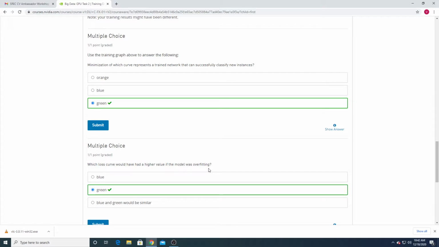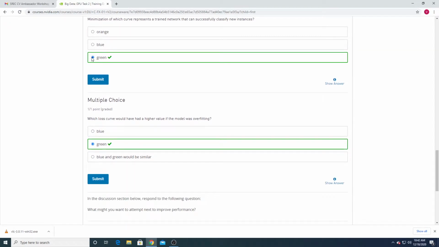I was overfitted for character A. In the testing, if I get a character Z, X, Y, I will definitely classify wrongly. If I get wrongly classified, my testing loss will be high. So for this also, the answer is the green. Click on green and green and you can submit.